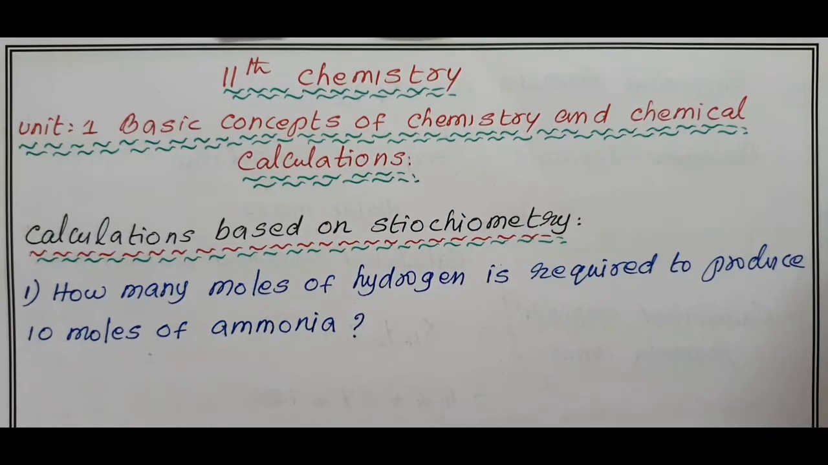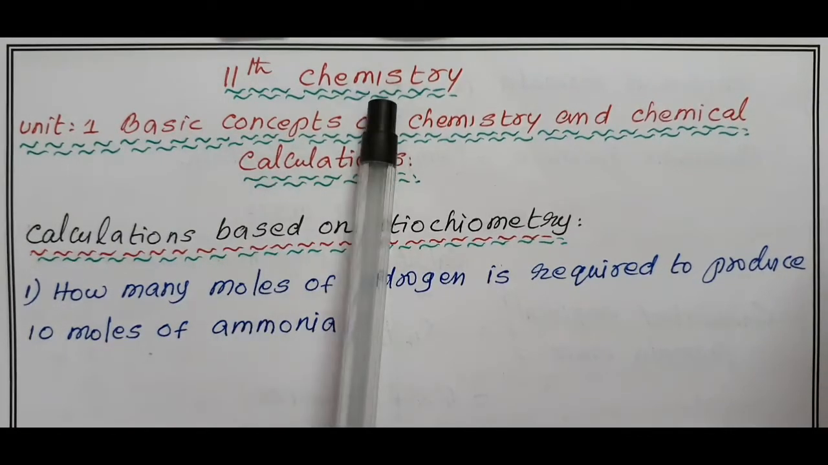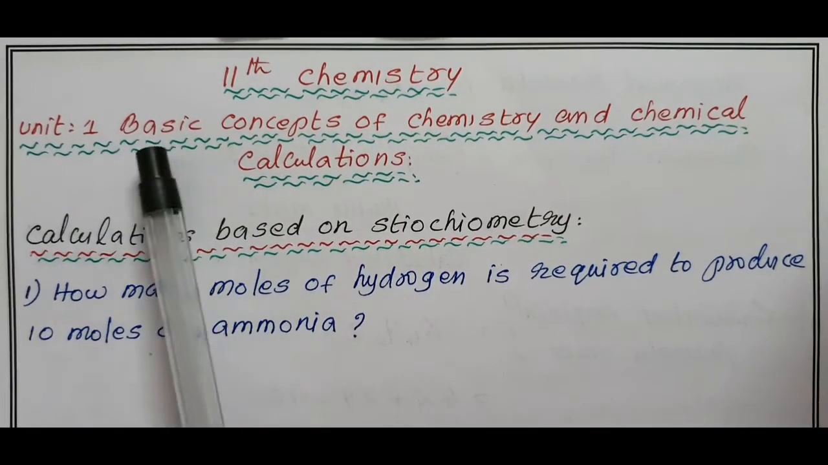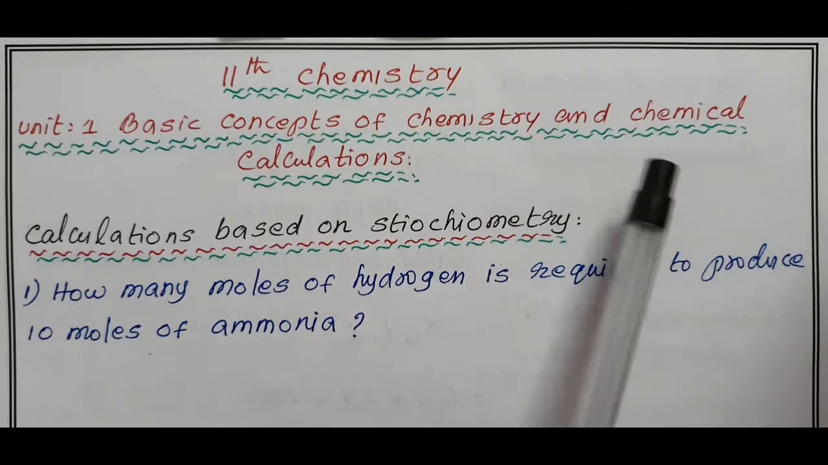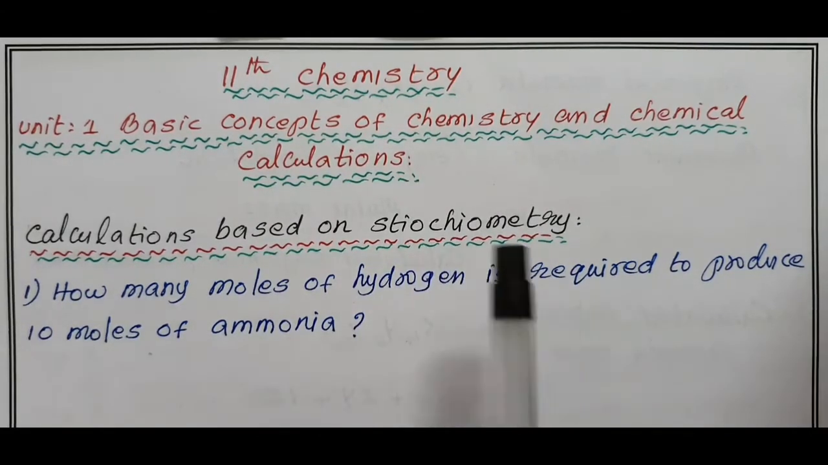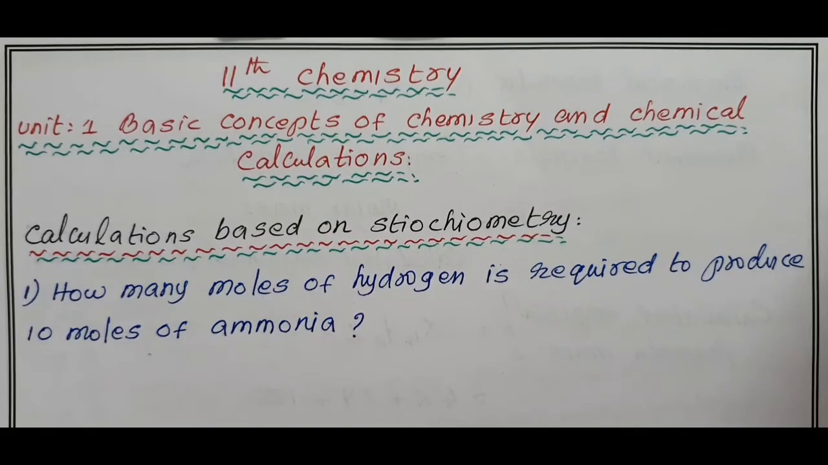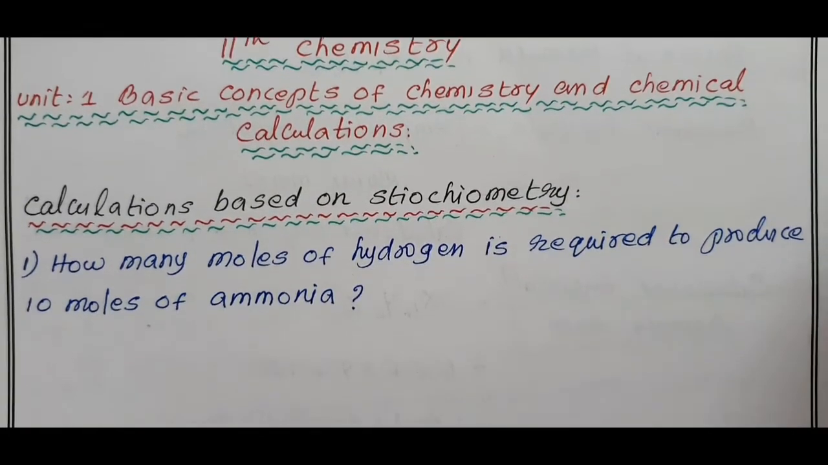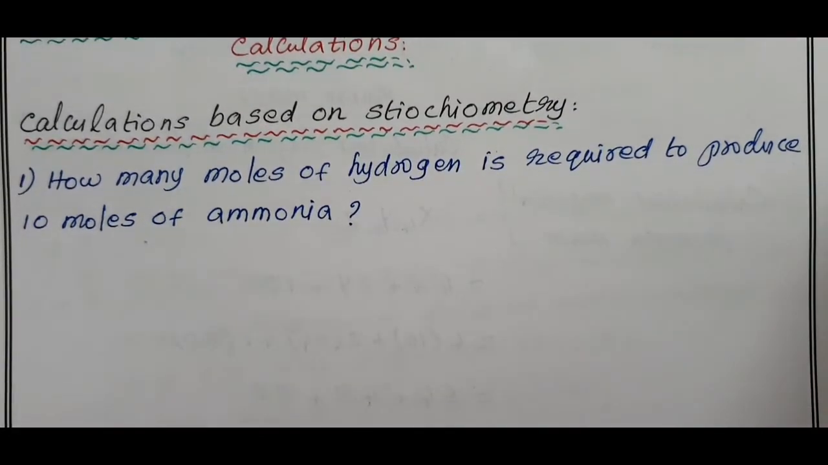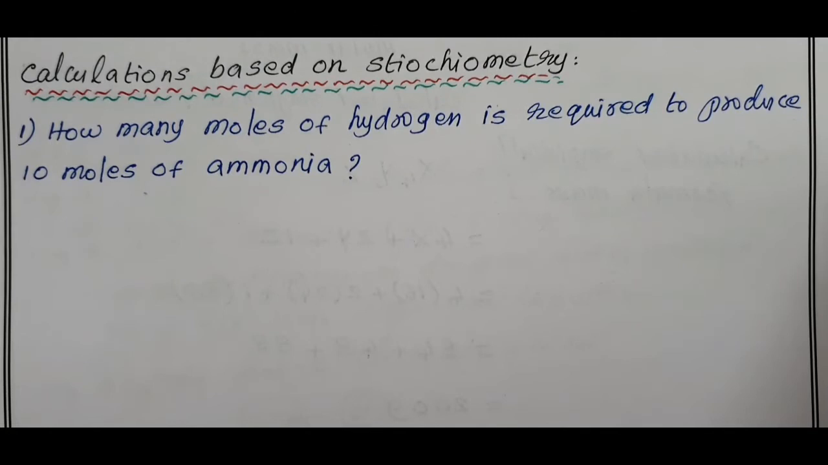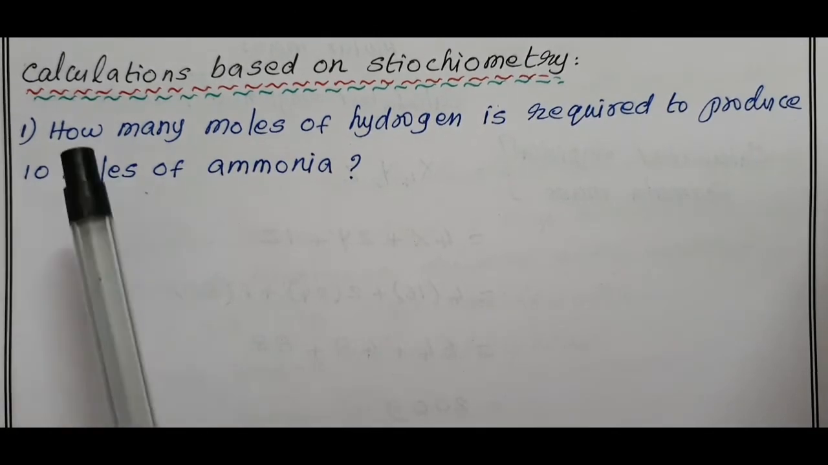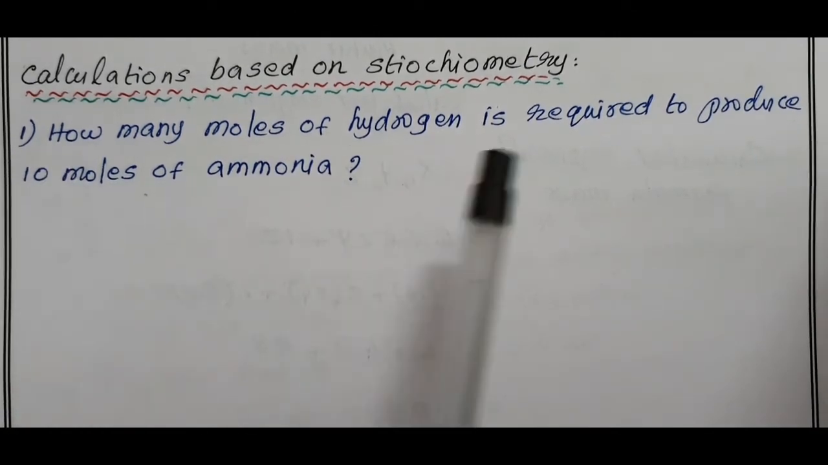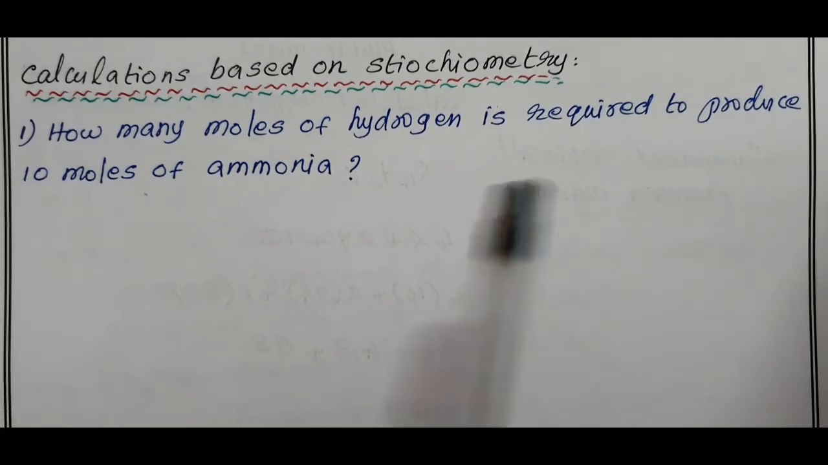Good morning, dear student. 11th Chemistry, Unit 1, Basic Concept of Chemistry and Chemical Calculation. In this, we are going to see the problems based on stoichiometric balanced chemical equation. Calculations based on stoichiometry. The first example problem given is, how many moles of hydrogen is required to produce 10